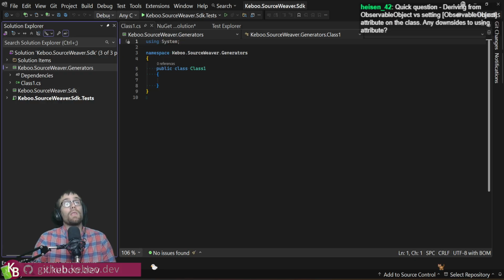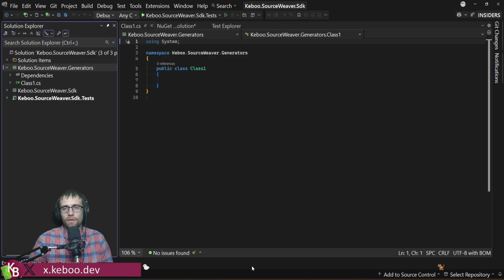The only one is a slight amount of performance, and it's an emphasis on slight. So if everything else is equal, you derive from the object if you can, when possible. The only disadvantage of the attribute is you are forced to make your object partial, which you probably were going